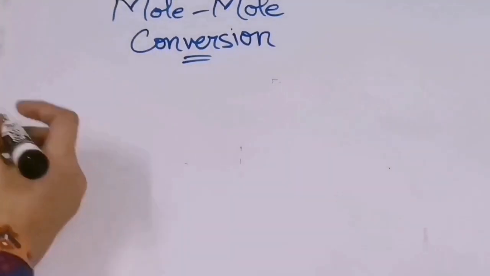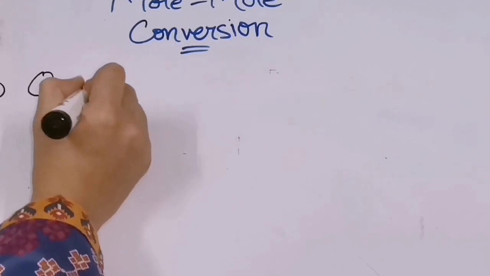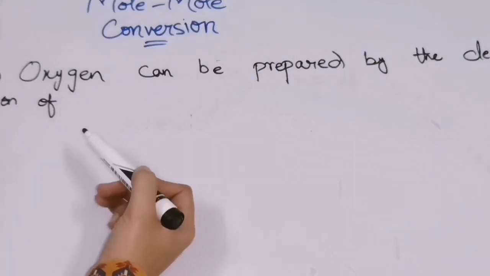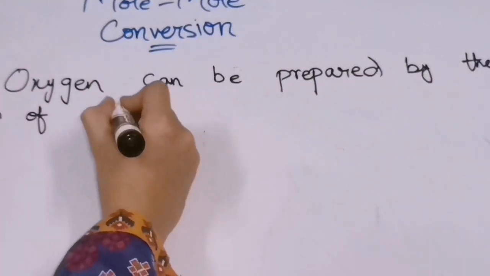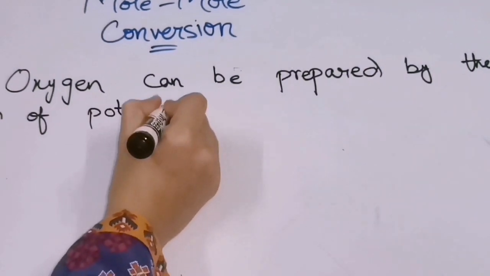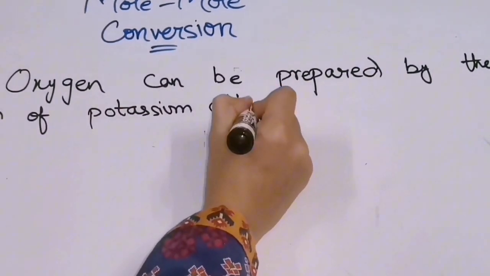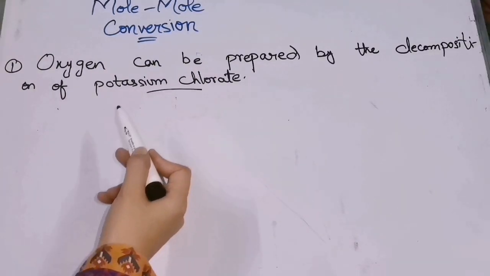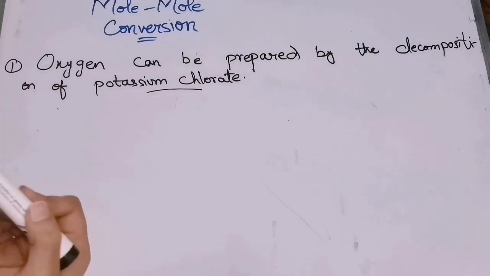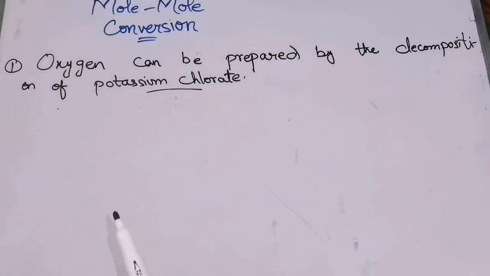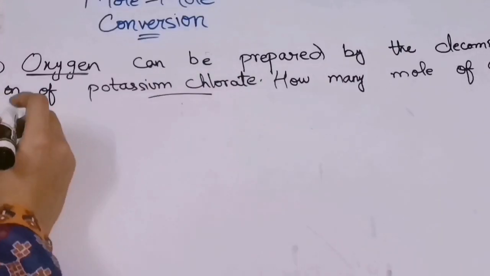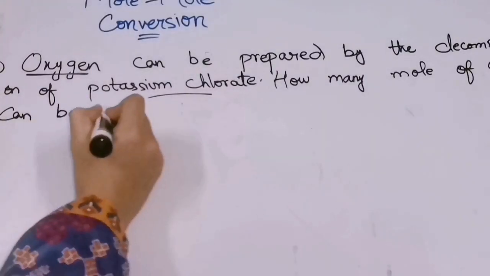The first question that I am going to discuss is: oxygen can be prepared by the decomposition of potassium chlorate. In this statement they are saying that by the decomposition reaction of potassium chlorate, along with the other product that is formed, oxygen will be prepared as well. Now the main question is how many moles of O2 can be prepared